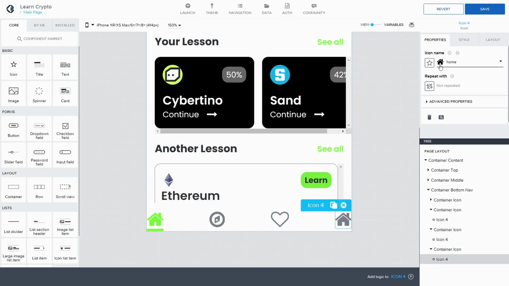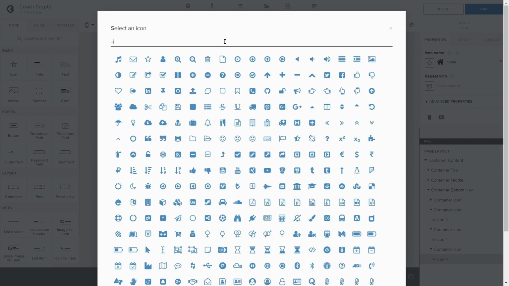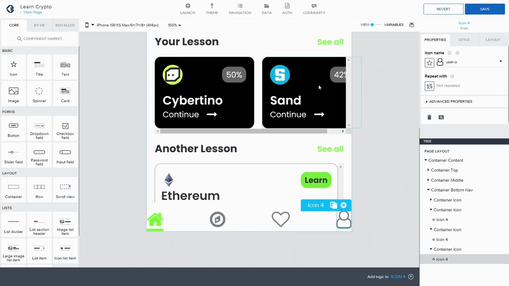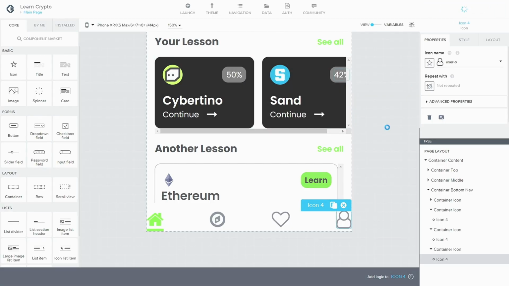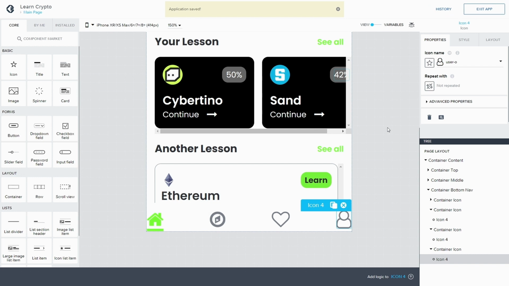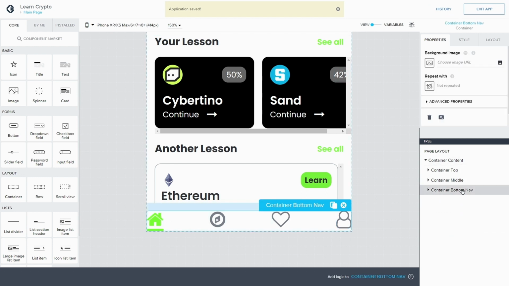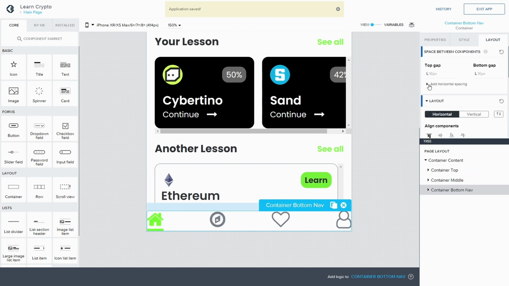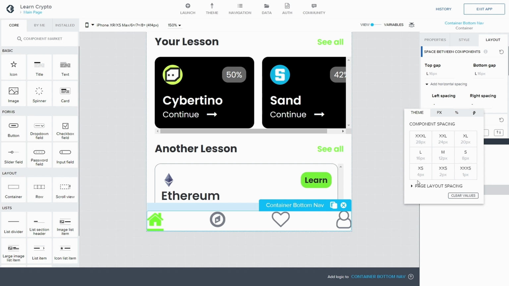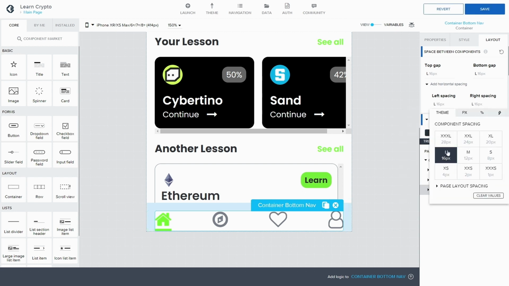And this one is the user profile. We want to, of course, have a 16 gap on that side, and a